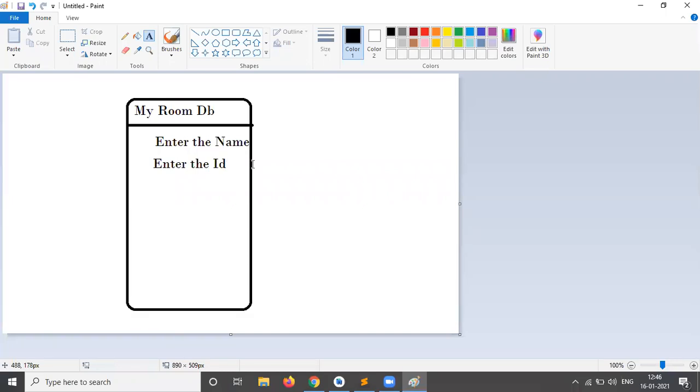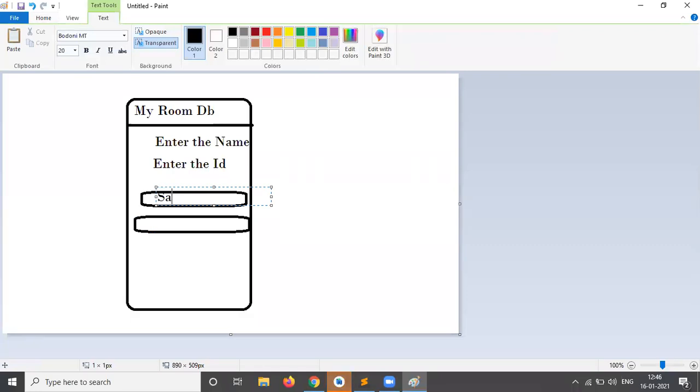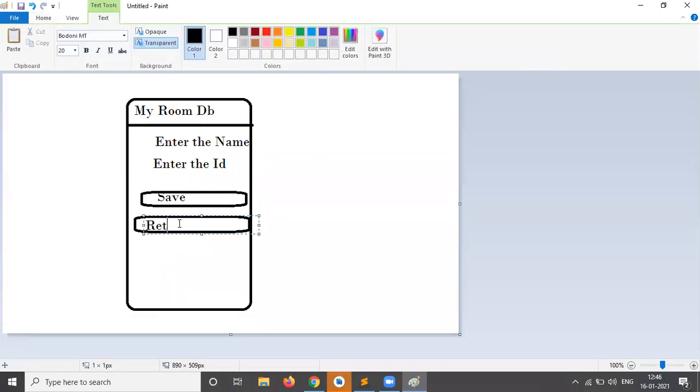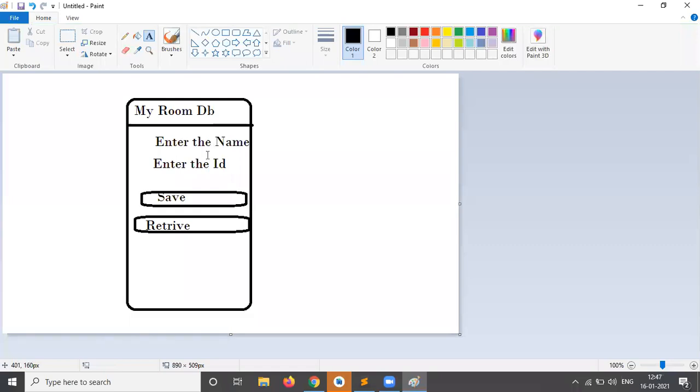I need to take only two attributes, like two edit texts and two buttons, one for save, another for retrieve. So don't concentrate on the UI part, just concentrate on the functionality.